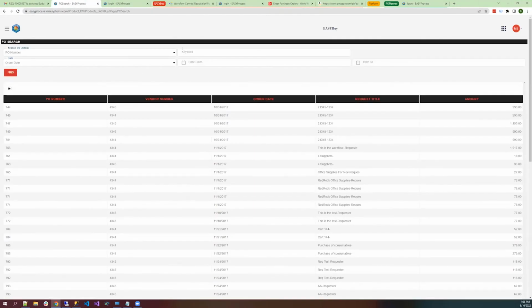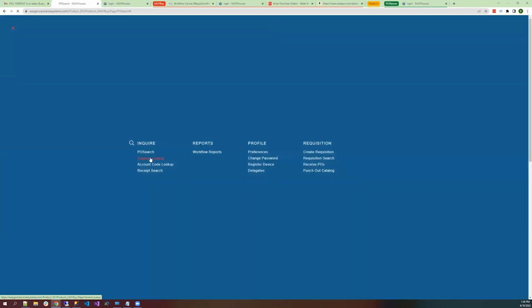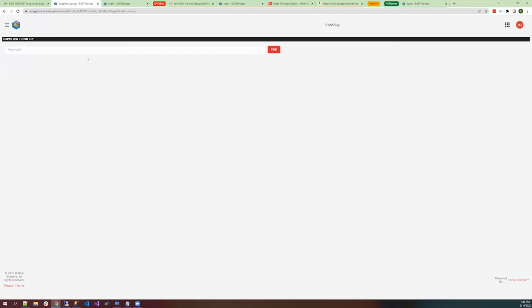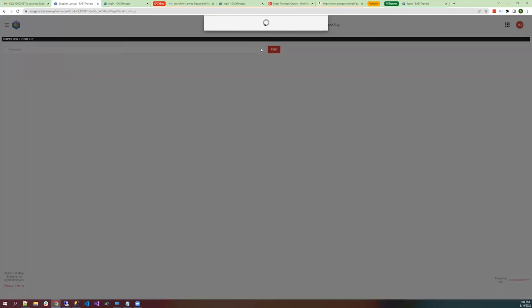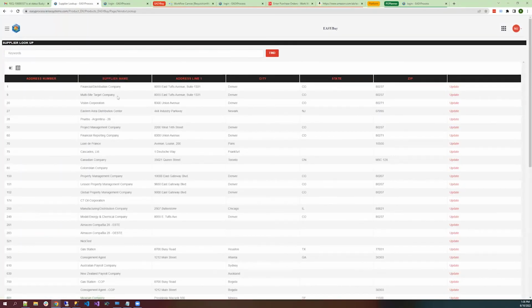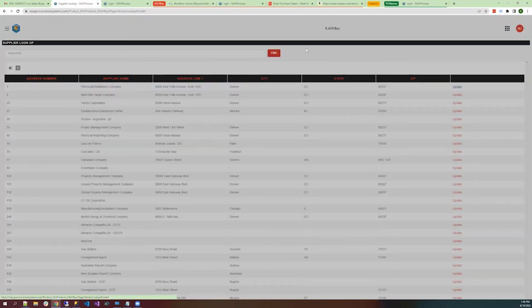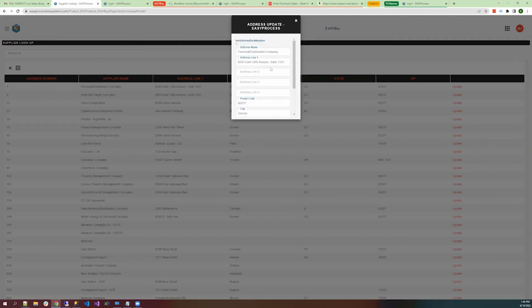Pretty simple. We have some filtering up here, and we just list out all the POs. This is just a JDE query here. We have a supplier lookup, and just click find here. And this lists all of the suppliers. The neat thing about this is it has an update button. So we could restrict this update button based on who's logged in. But if we needed to update some record in the address book, we could do it right from this portal.